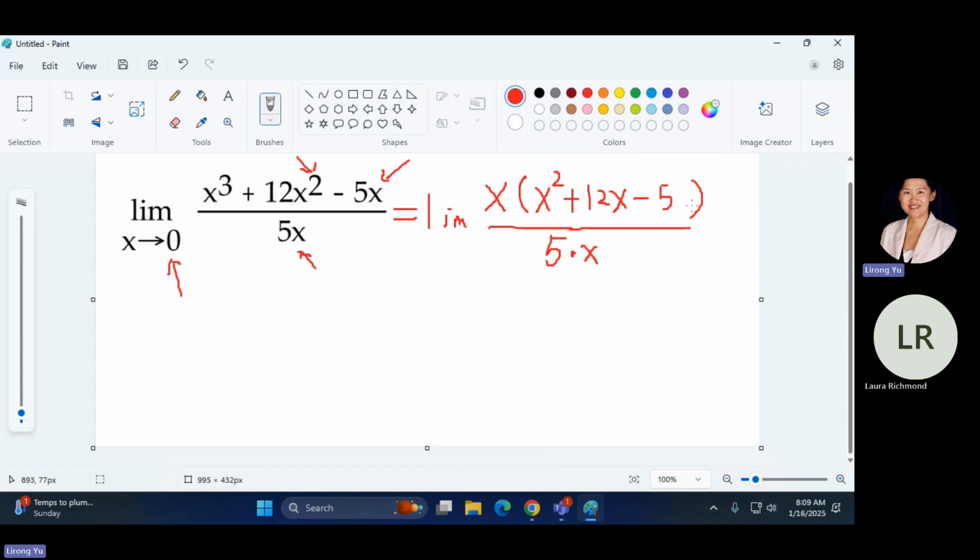So this is how the numerator looks after the factoring process. And then you can see the numerator has a factor x, the denominator has a factor x. This is called a common factor between the numerator and the denominator. So whenever we have a factor common,